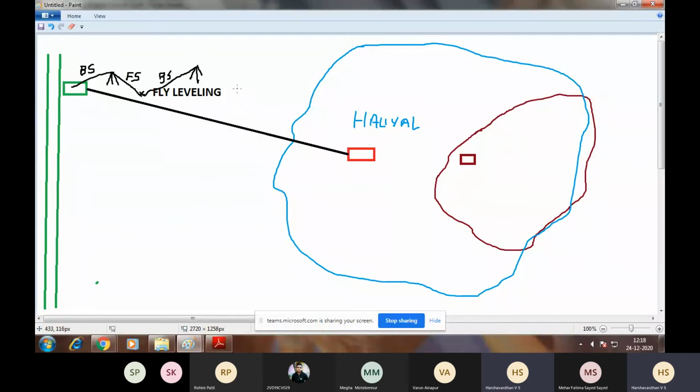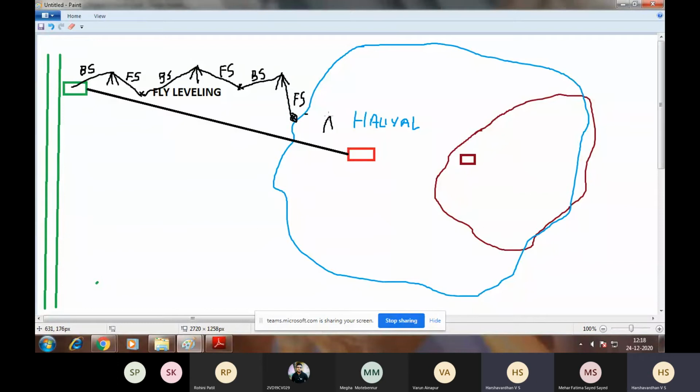Next, again, I'll take a change point. The staff reading taken on the change point is foresight. I'll shift the instrument and again take a backsight on the change point. Again I'll shift the instrument; to shift the instrument I need a change point, and the reading on it is foresight.